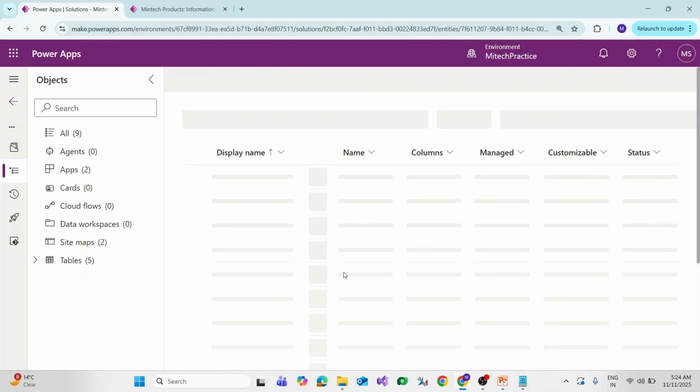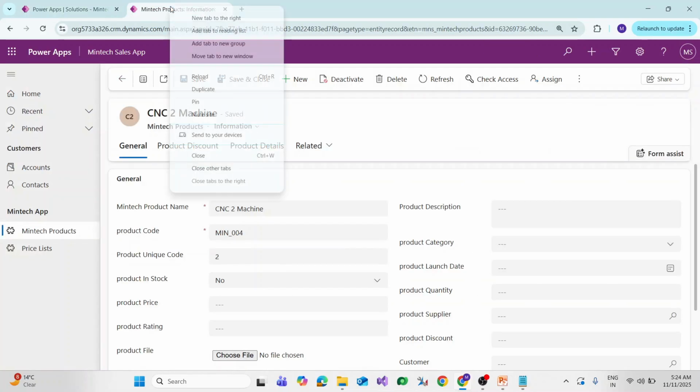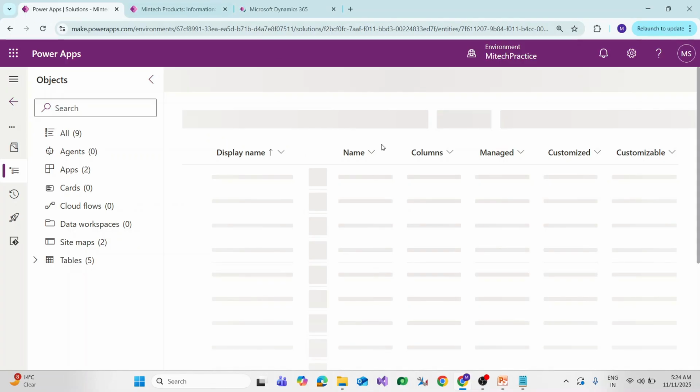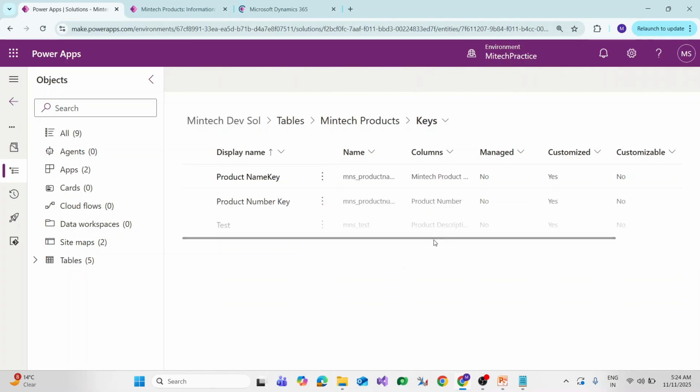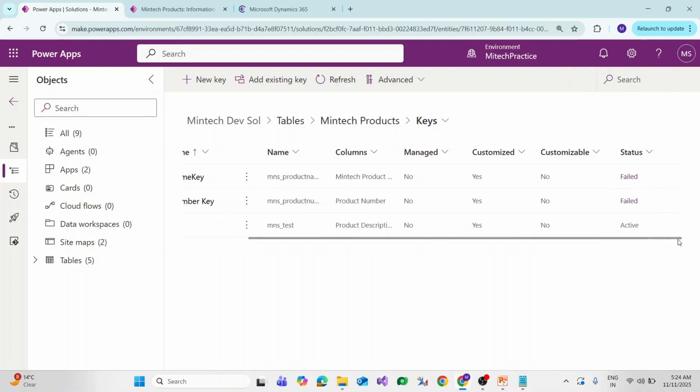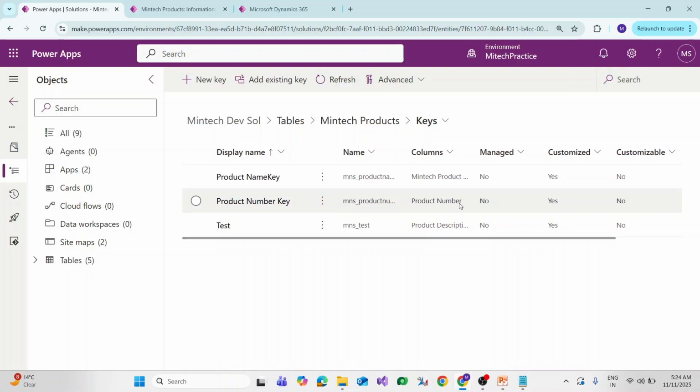So let's see whether it's completed or not. Hope it will be completed. Oh, it's failed. It's failed. Product number got